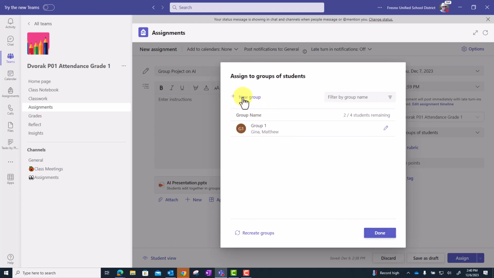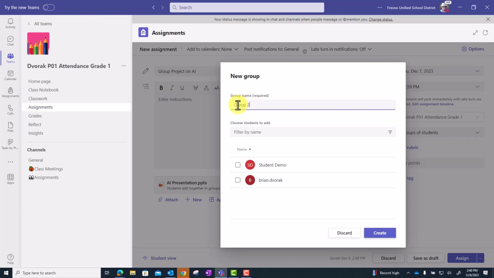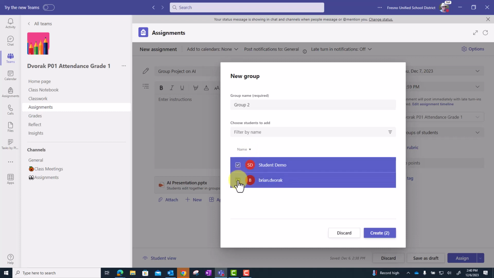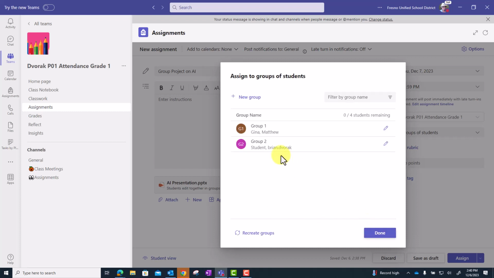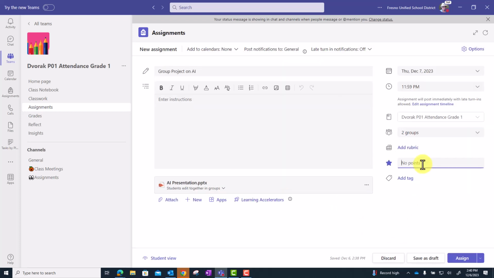So I'm going to click new group. And this is called group 2 by default, but I could change that. And we'll add the remaining 2 students to this group and create. So now you can see we have 2 groups created. And what will happen is each of these groups will get 1 copy of the PowerPoint presentation, and they'll both be able to access it. Click Done. All right, we can give it a point value,